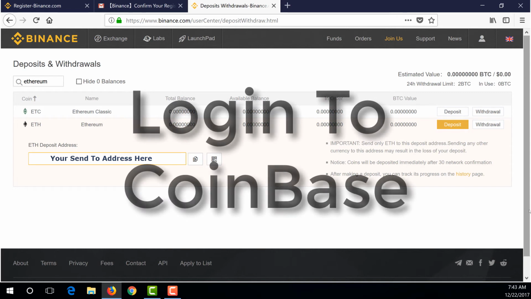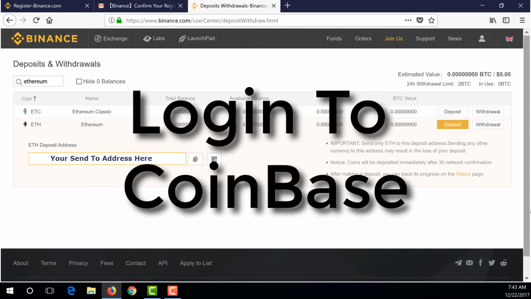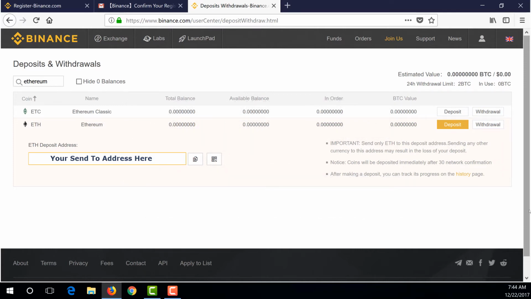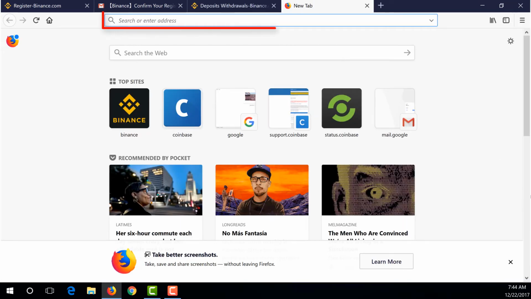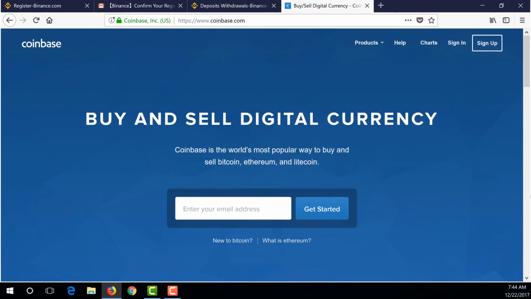Log into Coinbase.com. Now that we have the ETH Ethereum deposit address, we need to log into our Coinbase account. Open a new web browser tab and enter Coinbase.com in the address. Select Sign In on the top right.